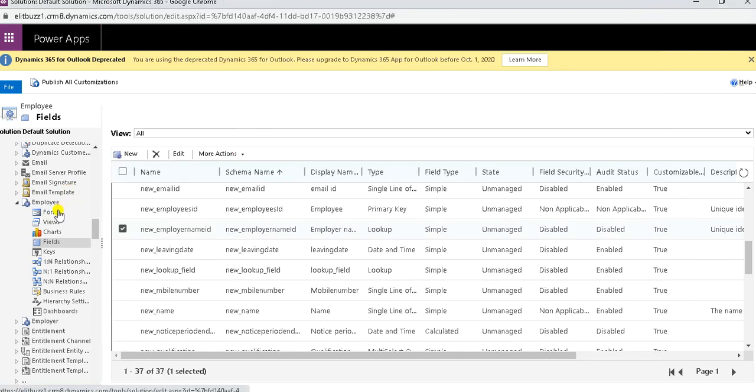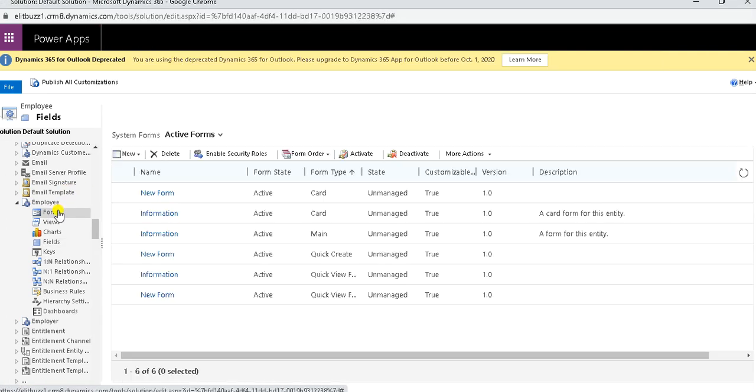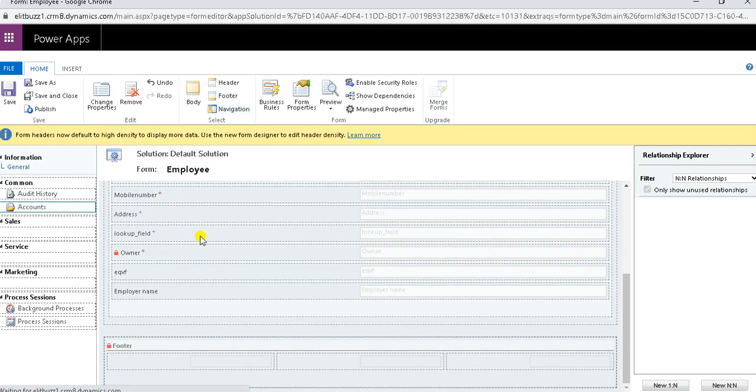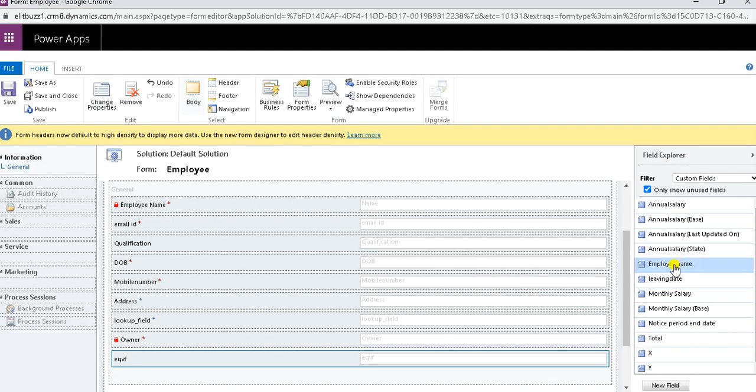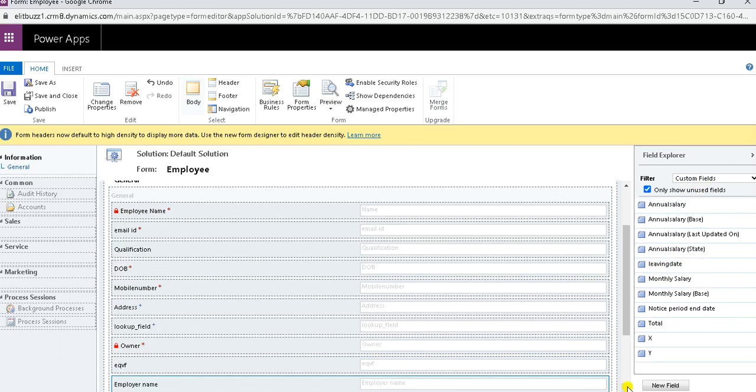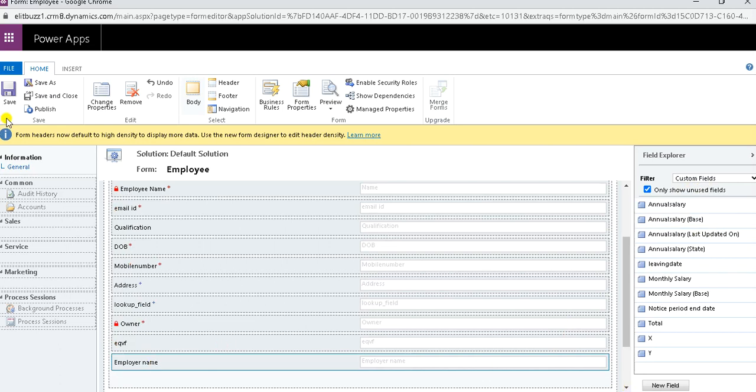Okay, so I'll go to the form. If I want to make this lookup field visible inside my main form of employee entity, I can do so. Here you can see employer name, the display name for the lookup entity, is visible inside custom fields. I can add it and save and publish it